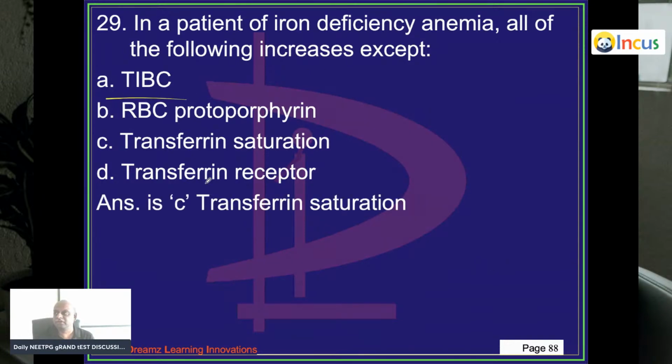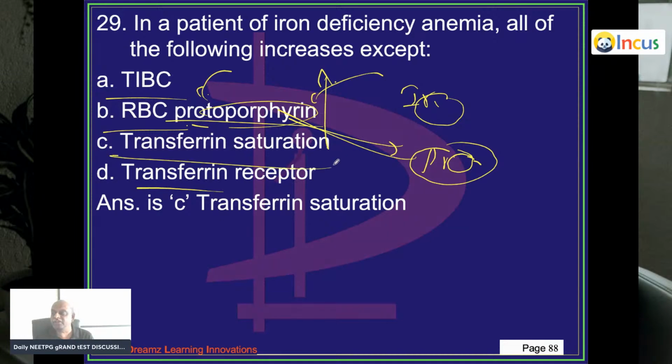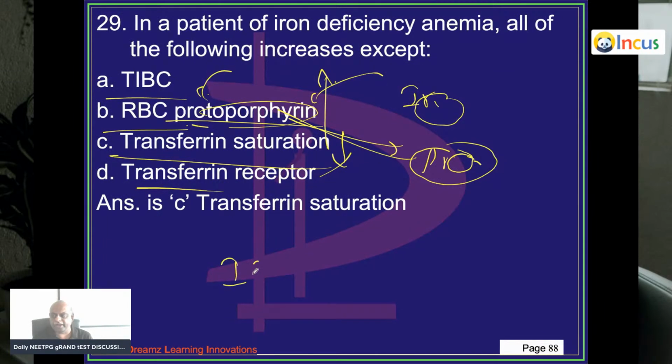A patient with iron deficiency, what is expected? TIBC increase, then transferrin receptors increase, RBC protoporphyrin increase. Because if the iron incorporates into protoporphyrin, it becomes heme. If iron is not there, protoporphyrin cannot become heme. So protoporphyrin increases. But transferrin saturation is decreased. Once more, I told you, IDA versus sideroblastic anemia, thalassemia,